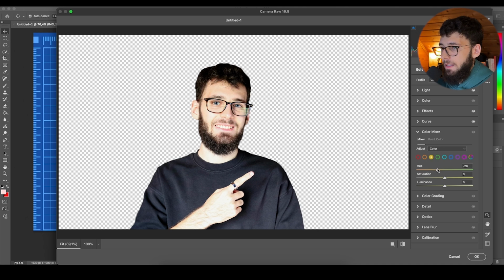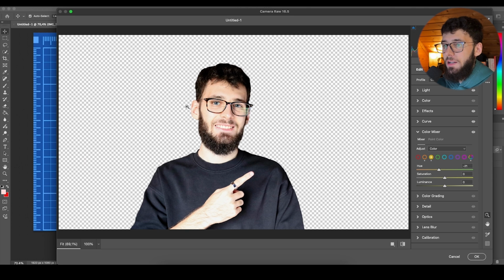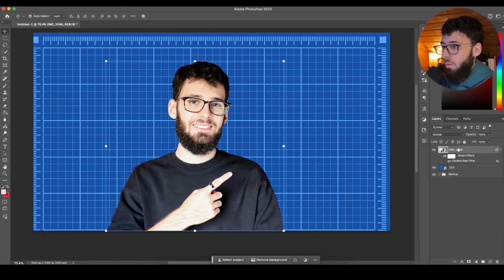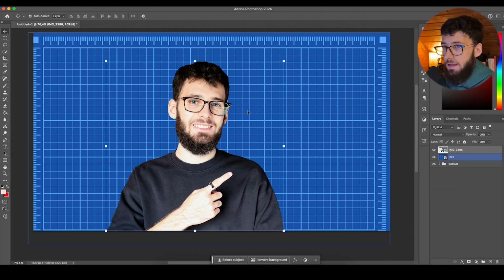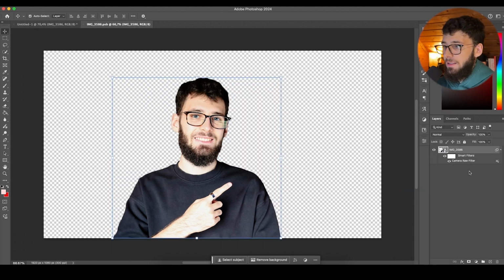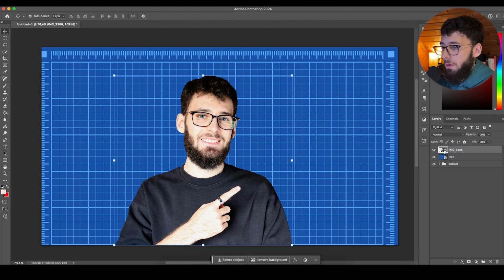I think it doesn't make too much sense. We could, you know, try to fix it up a little bit, make it a little bit more reddish, a little bit more orangey, which is better than yellow. But we'll take care of this later on, because right now what we're going to do is make this a smart object again. And once we've created the smart object, I will double click here and go inside the smart object,